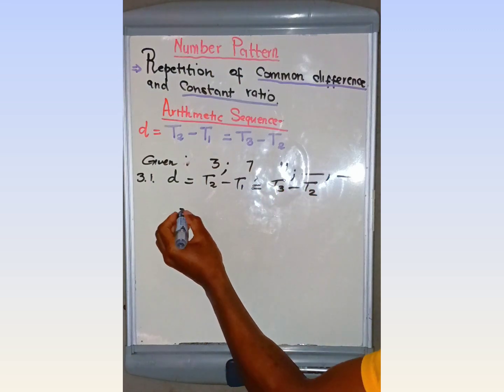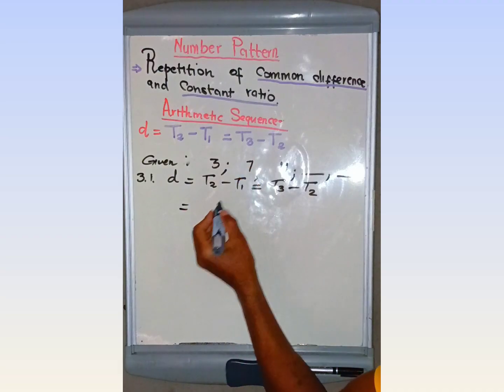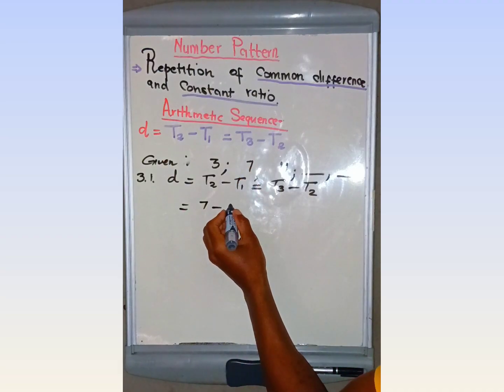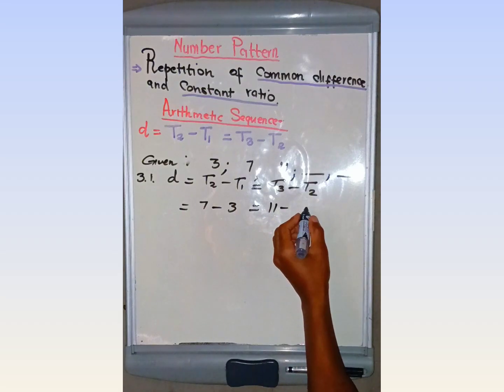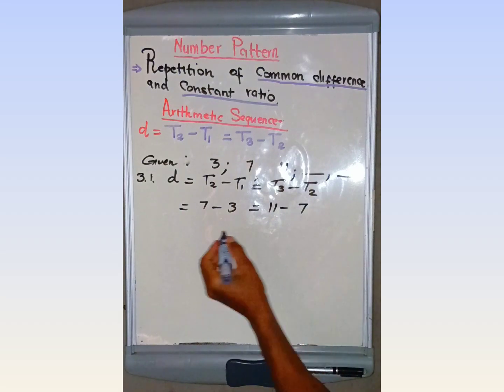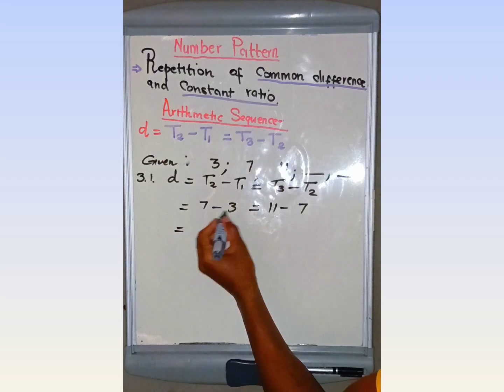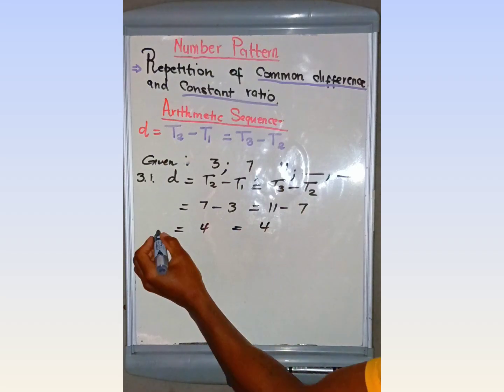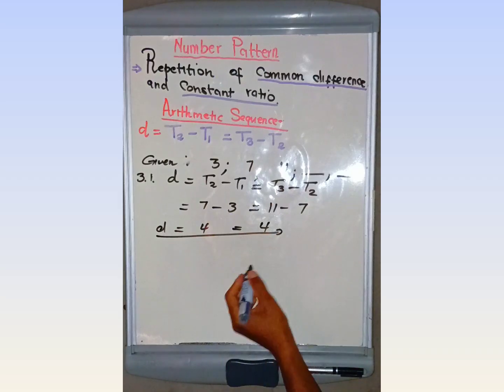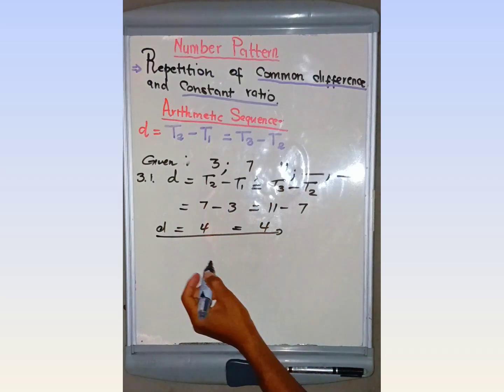Then after that, we're going to substitute. What is the value of T2? It is 7 minus term 1, which is 3, equals what is the value of T3? It is 11 minus T2, which is 7. Then after that, we get 7 minus 3 equals 4. Then 11 minus 7 equals 4. Therefore, now we draw a conclusion. This is an arithmetic